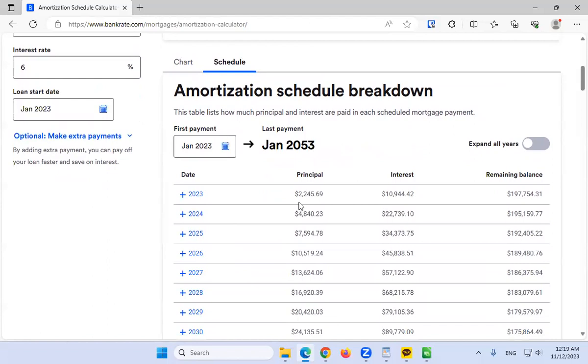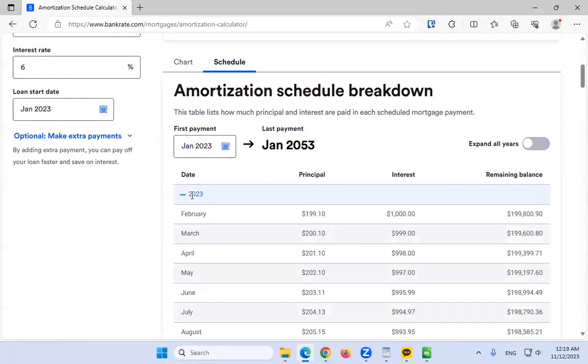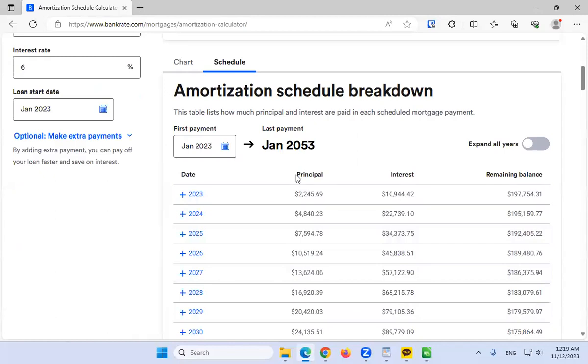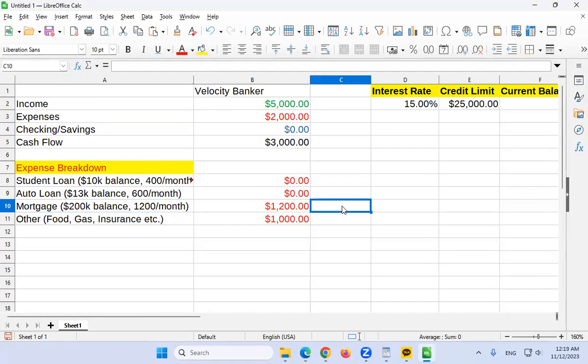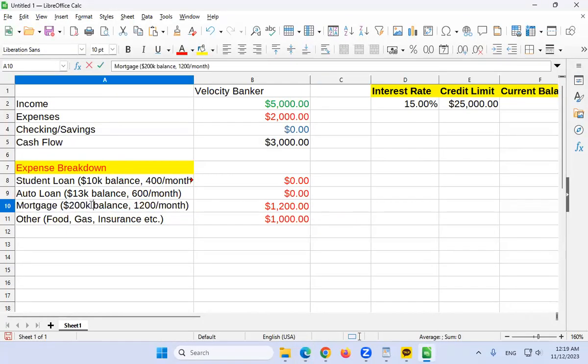You can see that if I look at the bank schedule and see how much I'm paying in principal, which is the actual loan, versus interest, which is the bank's profit, it'll take me about 4 years to pay off $10,000. And I have to pay 45 grand for that. Okay. So now let's go in here and go from 200